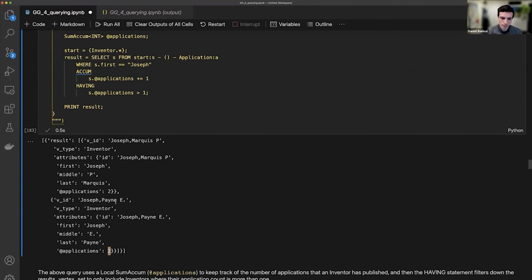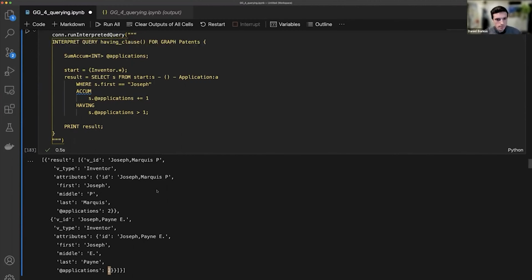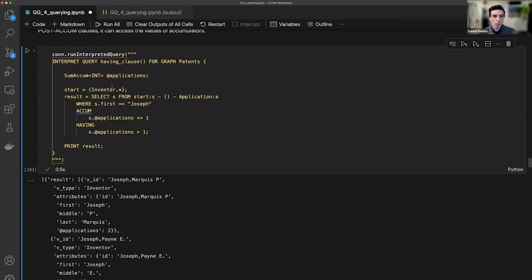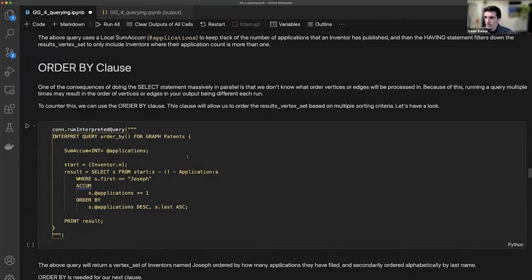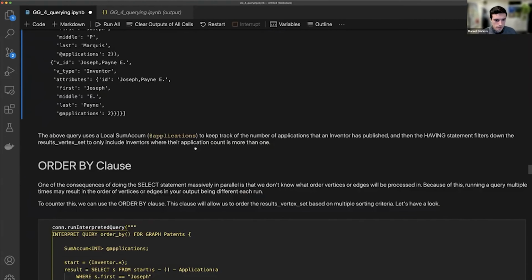and that explains our 28 and 30 difference between number of Josephs and number of applications. And here are the 2 Josephs that we have loaded in our graph right now, who are responsible for submitting more than 1 application. And we can quickly see that with these accumulators, and then further filter that down with this having statement. And then these last 2, I'm going to go through pretty quickly because there's cool things that we can do beyond these,